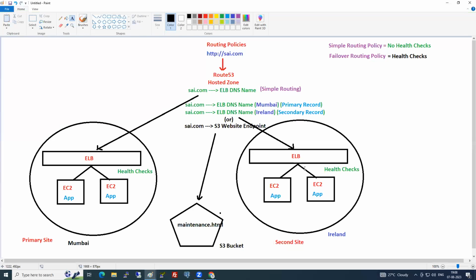The secondary record can be in Ireland with the same setup, or it can simply be a maintenance.html page. If you don't want the website down completely, go with the parallel setup. Otherwise, if you want just maintenance, go with maintenance. So for that maintenance.html, will you go for S3 or EC2? S3 is more than sufficient for that. Do you all understand?